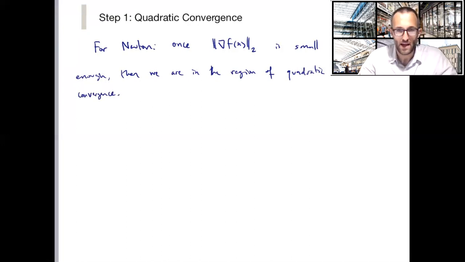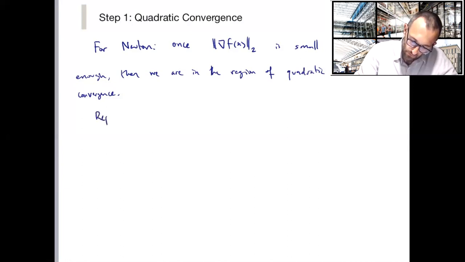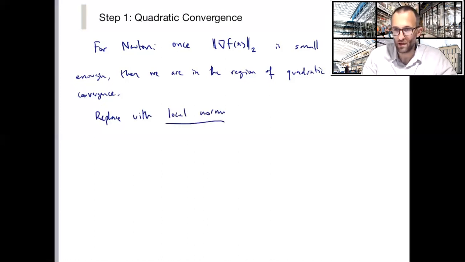So we're going to replace that with a local norm on the gradient. But it's not going to be quite the local norm. It has to be the dual of the local norm. Just like when talking about mirror descent, when we're looking at a norm on gradients, we use the dual norm. So I'm going to replace it with